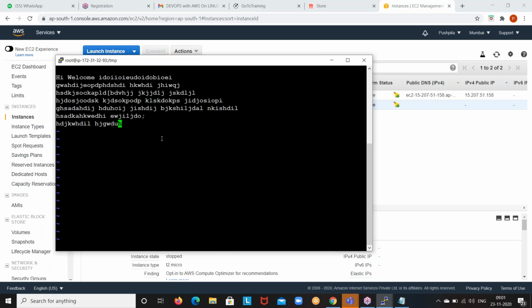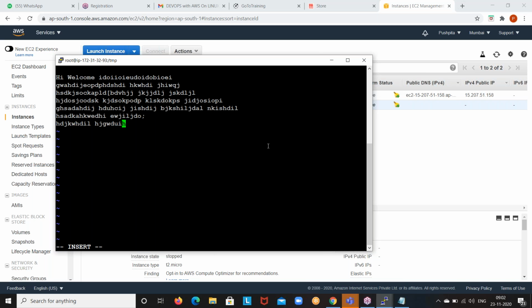Small I. Yeah. Now I'm in insert mode, right? Can you type small I again? Let's see what happened. So what's happening now? If I use an option when I'm in insert mode, it's taking it as data because you're in insert mode. In insert mode or command mode, if you give any option, it won't take it as an option, guys. Only in escape mode, you have to use the options.